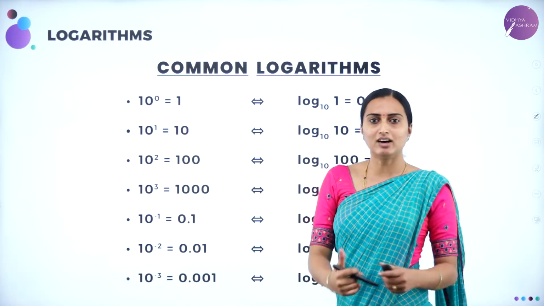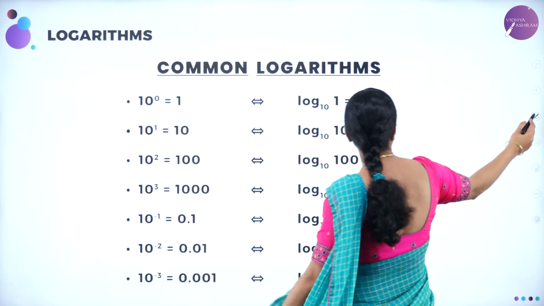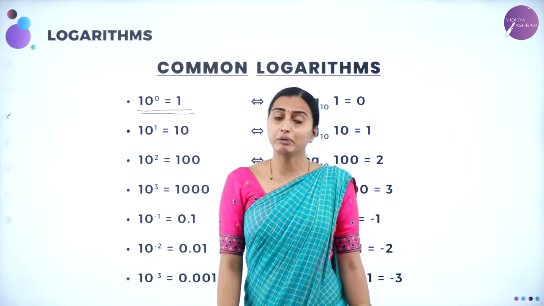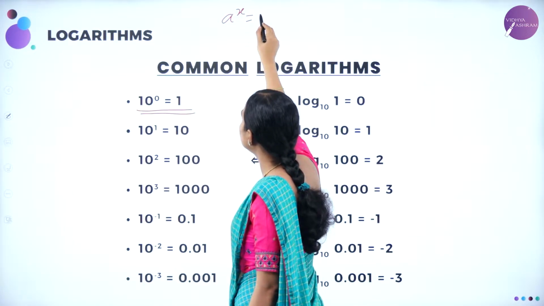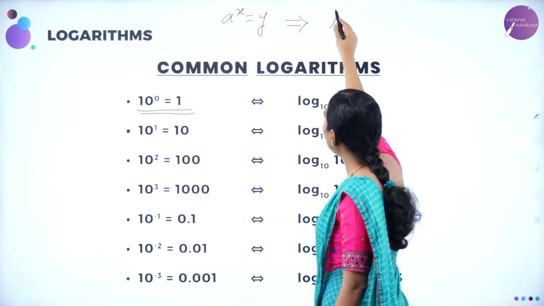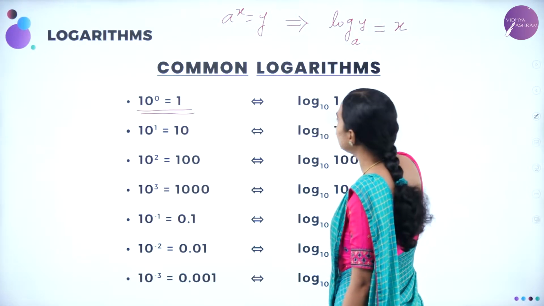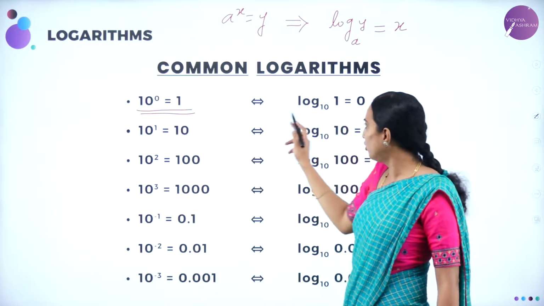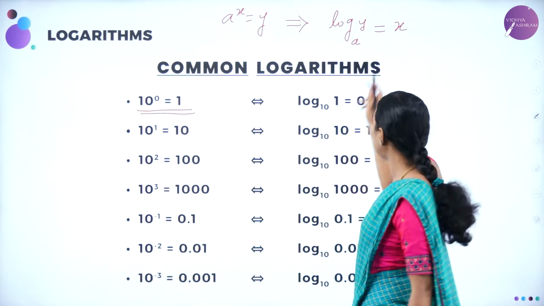Okay dear students, let us move on to the common logarithm here. That is nothing but 10 power 0 is nothing but 1. According to the logarithmic definition, what does the logarithmic definition say, dears? A power x is equals to y means you can write it as log y to base a is nothing but x, isn't it? You can refer here, dear students. This is according to a power x is equals to y. Therefore, log y to base a is nothing but x. That is nothing but a, you are going to have it as x value.